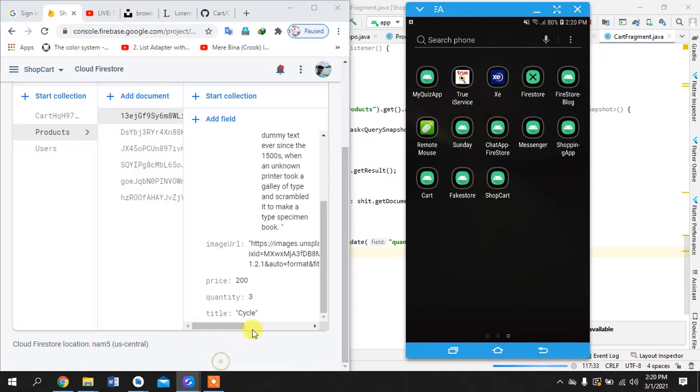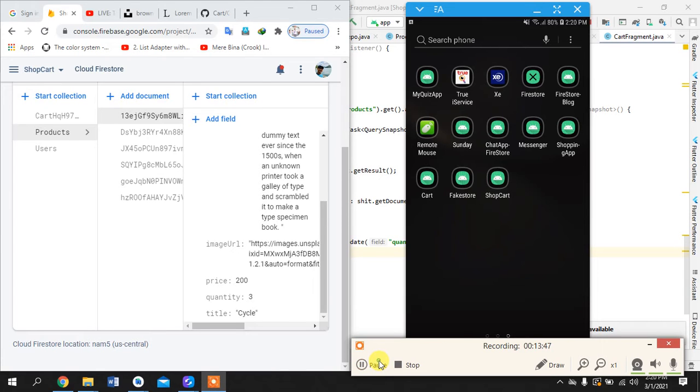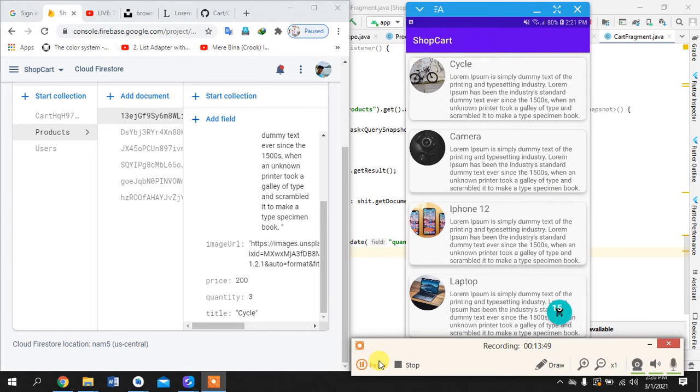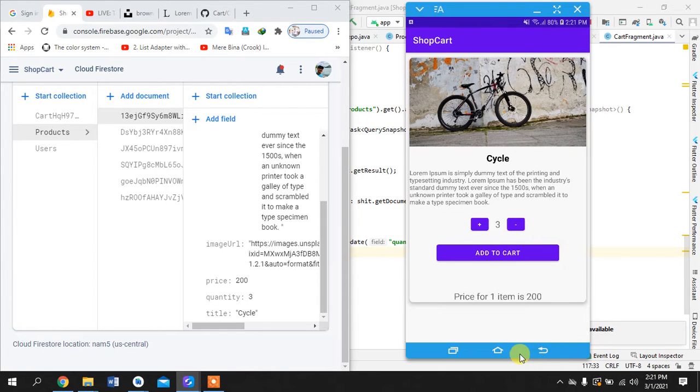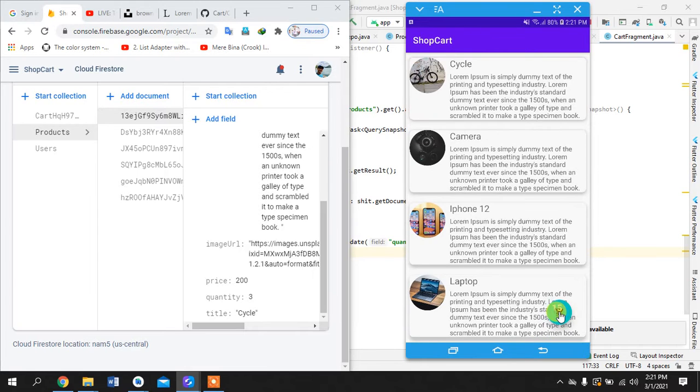And if we go here and see, once the app is launched, cycle has to be displayed 3. Okay, so if we go on cycle, it is 3, okay? But now if, yeah,